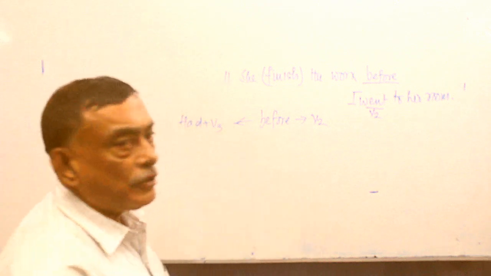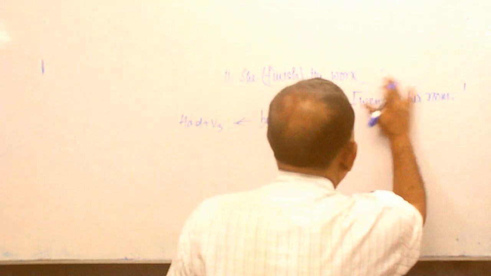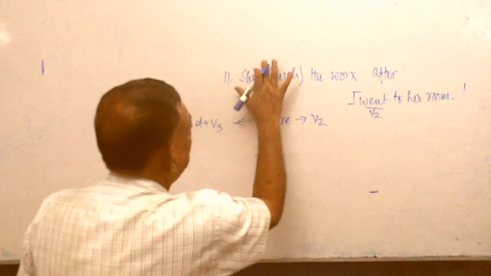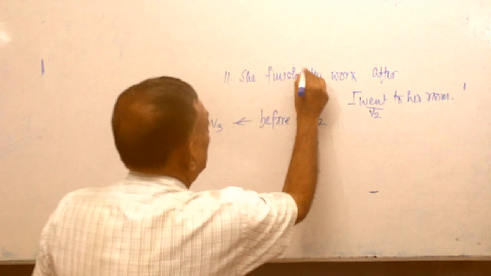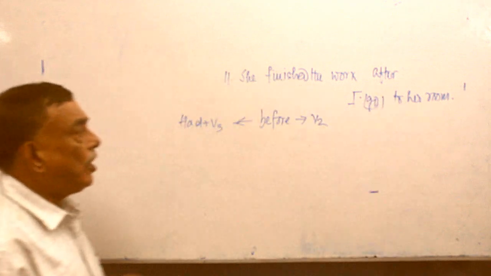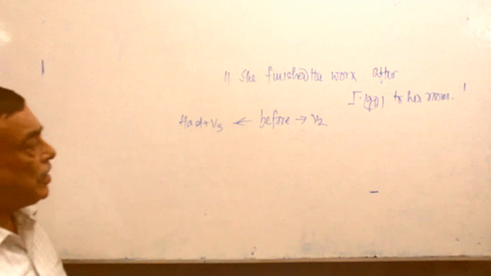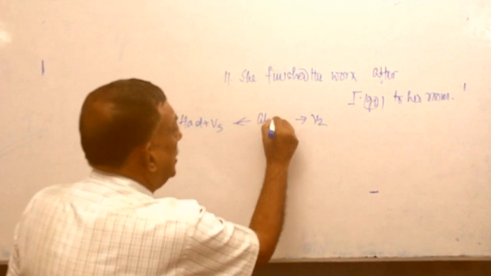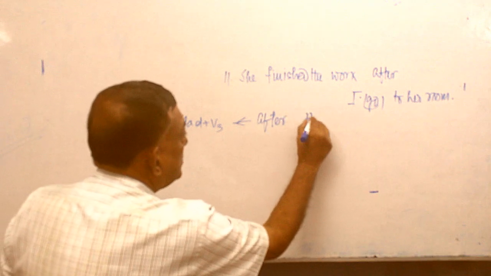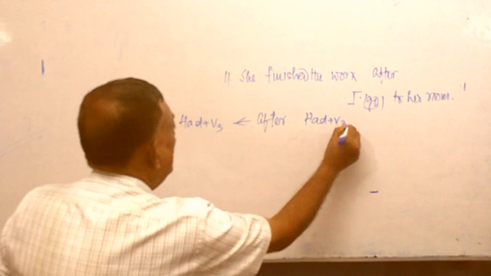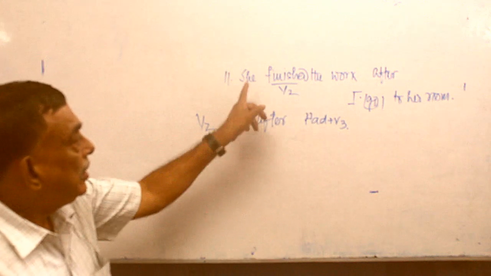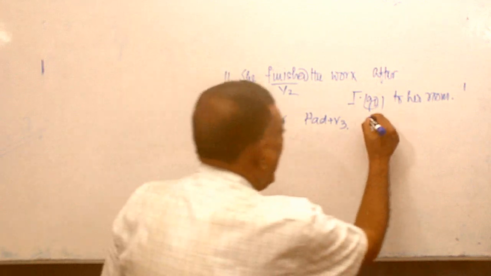Now another question. Suppose it is written over there, after instead of before. That is the minimum change. She finished the work after I go to her room. Now, I just changed it. What should be the answer? You write over here after and just reverse it: you write had plus V3 on this side and V2 here. Then, she finished, here you can find the V2. She finished the work after I had gone.